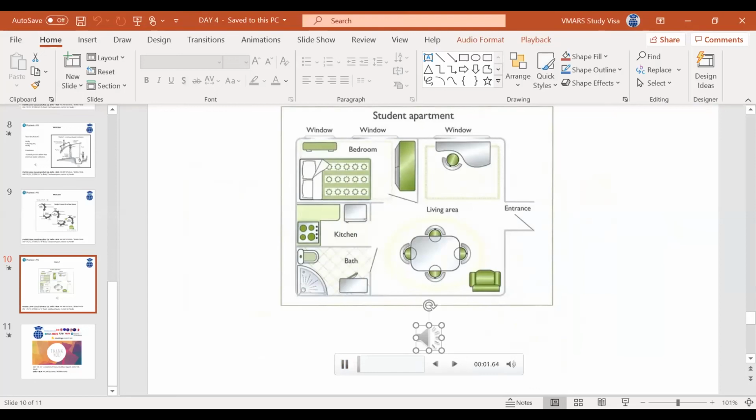The given picture is a layout of a student apartment. As we enter into the apartment, there is the living area. In the living area, there is a dining table, 4 chairs, a sofa, and a long table with a chair. Next to the table, we can see a window. Moving further into the apartment, there is a bathroom, kitchen, and bedroom, which are all in line with each other. Then in the bedroom, we can find 2 windows, which makes good ventilation in the whole house. Overall, we can see the space allocation is very much planned and is comfortable as well.